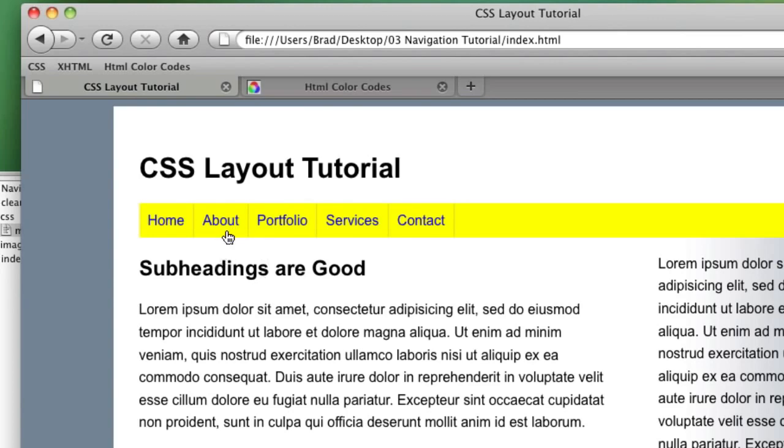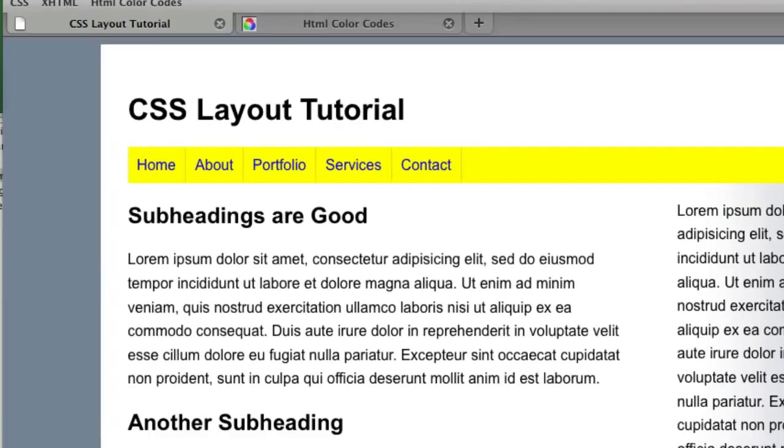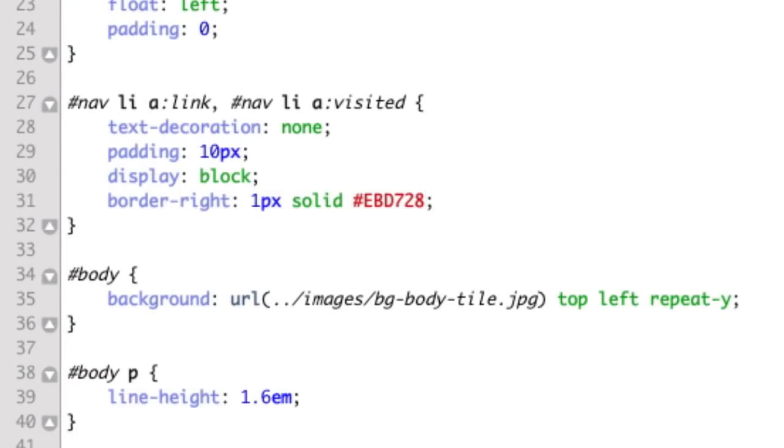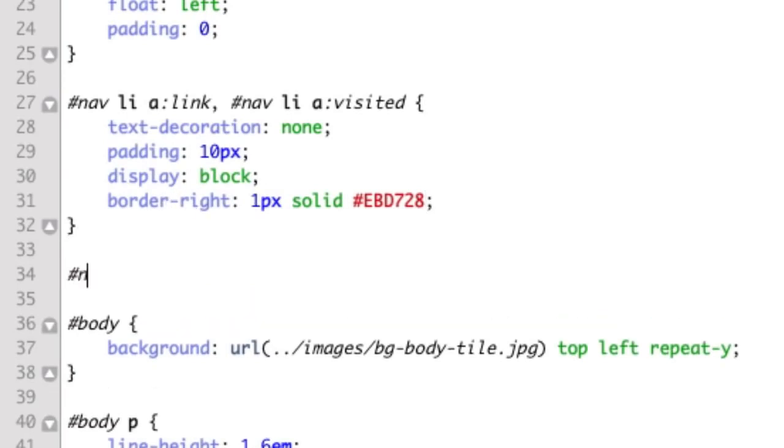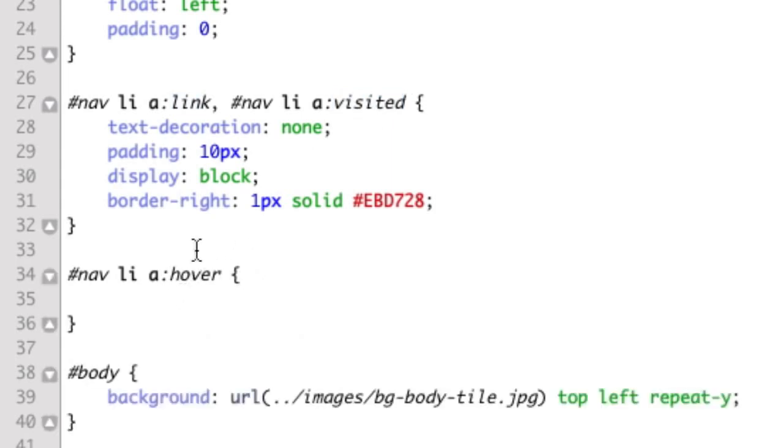Let's add a hover style to our links. We create a new CSS rule, nav, list item, a, and then our pseudo selector, instead of link or visited, is going to be hover, and then whatever we put inside these brackets will control the way the links look when you hover over them. So let's give them a different background color if you hover over them,